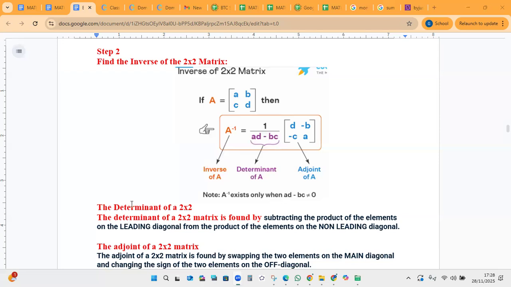Here it repeats how to find the determinant of a 2 by 2. The determinant of a 2 by 2 matrix is formed by subtracting the product of the elements on the leading diagonal from the product of the elements on the non-leading diagonal. Okay, here it is. And the adjoint of a 2 by 2,